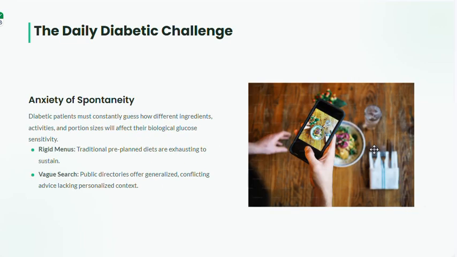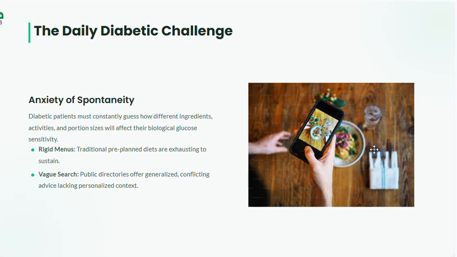Okay, so the problem is that diabetic patients must constantly guess how different ingredients, activities, and portions will affect their blood sugar level. It is very difficult to control. It causes a lot of problems for them. And how can they solve it? They go on the internet, and the internet has some unproven sources which are not authentic, and this can lead to